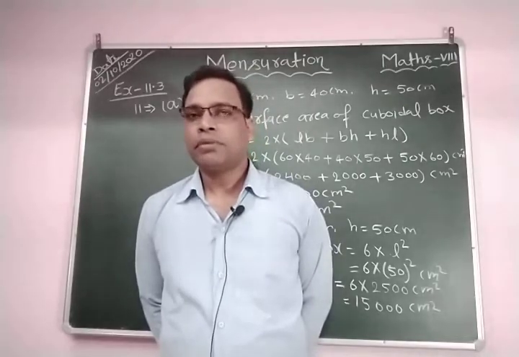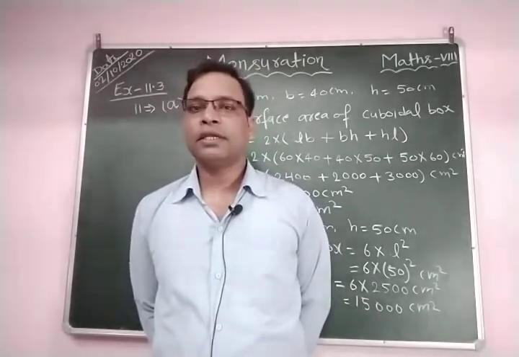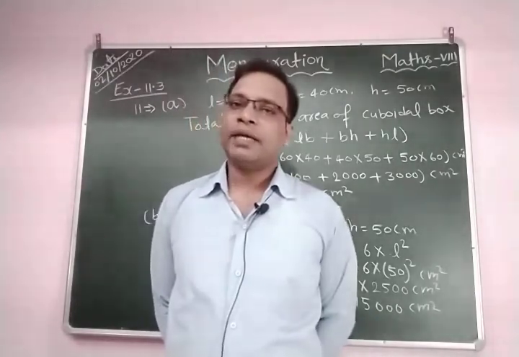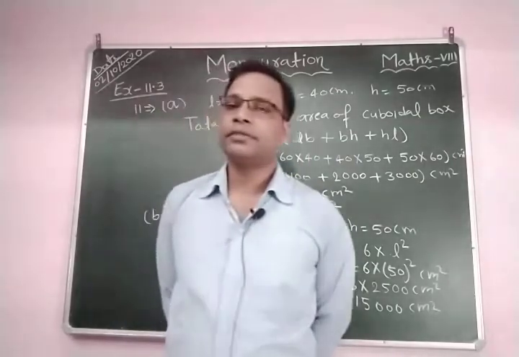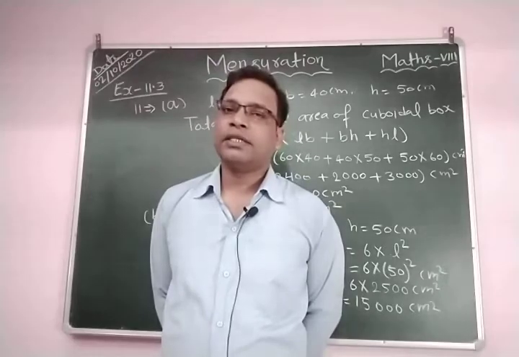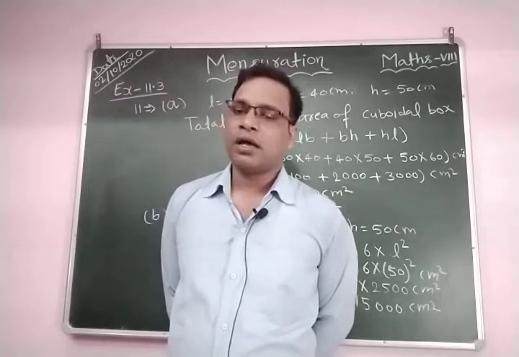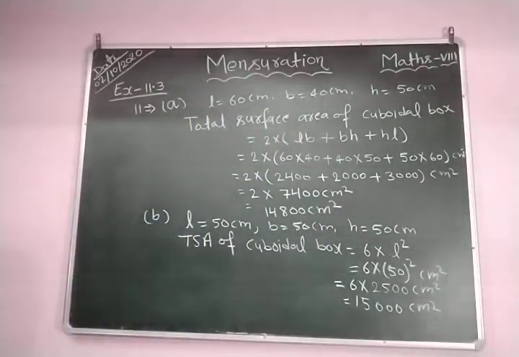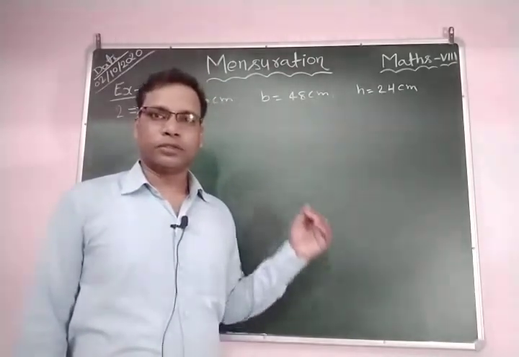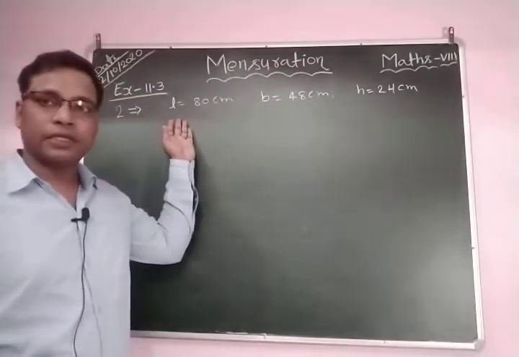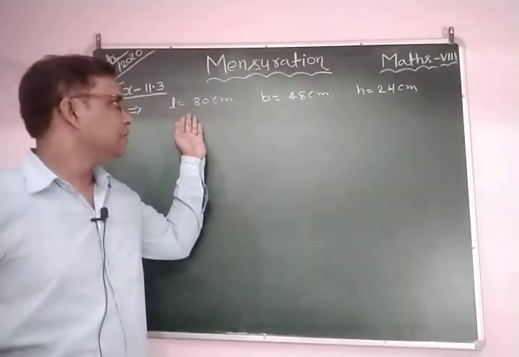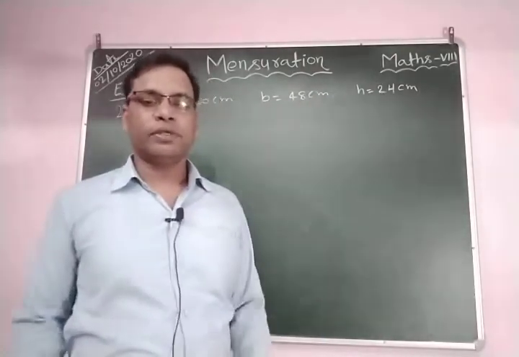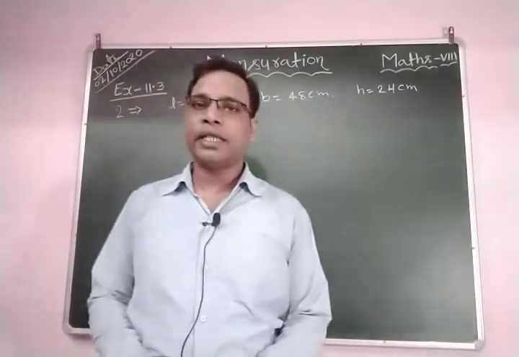Okay. So area of tarpaulin cloth is equal to length into breadth. This is clear. But breadth is given, 96 centimeter. If we divide the area of 100 suitcases by it, then we find the length of tarpaulin cloth. So let's see how to solve this question. So here you can see the length of suitcase is 80 centimeter. Breadth of suitcase is 48 centimeter, and height of suitcase is 24 centimeter. This is given. First we find the total surface area.